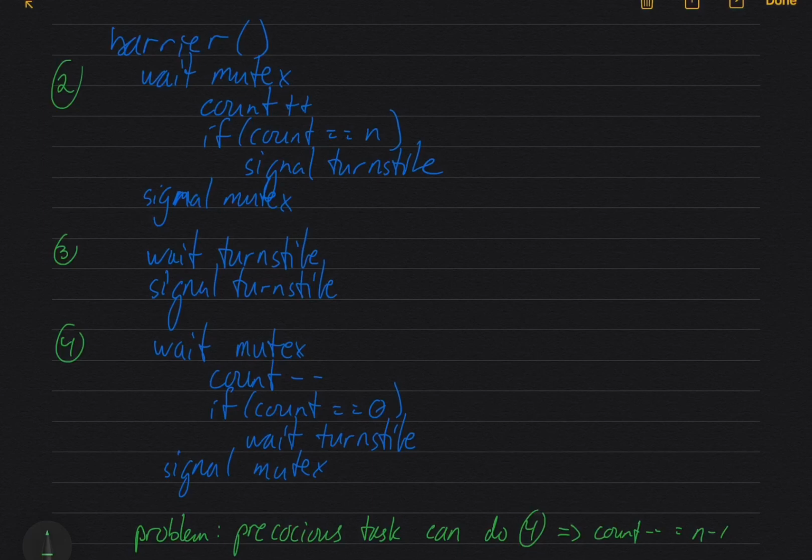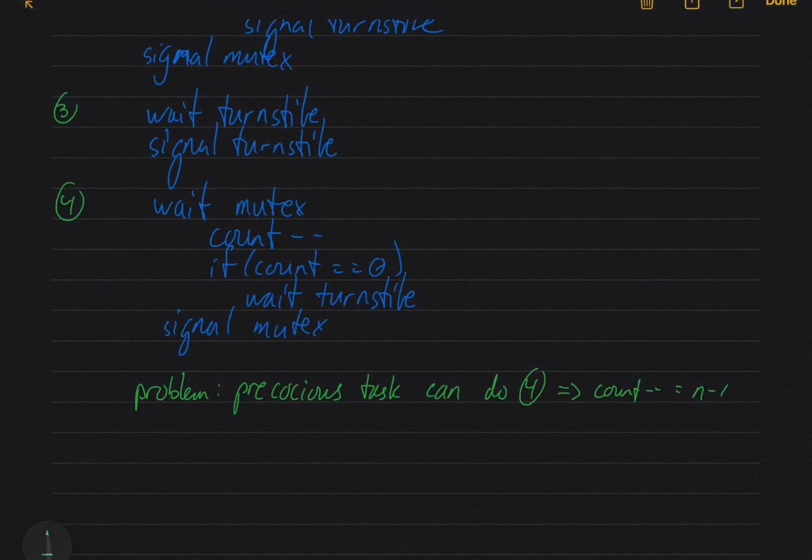So it comes to acquire the mutex, it increments the count. The count will now be n, and if count is n, it will signal the turnstile and come down to part 3 there, wait the turnstile, and it won't be blocked. So it can race ahead before the other n-1 tasks have had a chance to resynchronize on that barrier a second time. So it can do part 4,